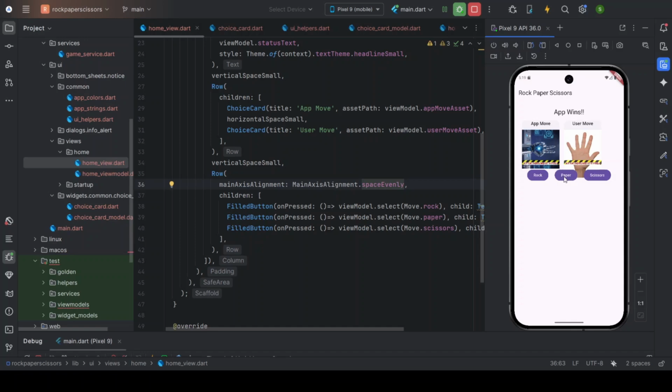On paper again, app shows scissors, user shows hand, paper, so app wins. So guys, if you have noticed a yellow bordered line, this means that our